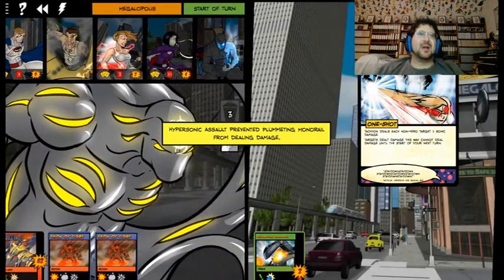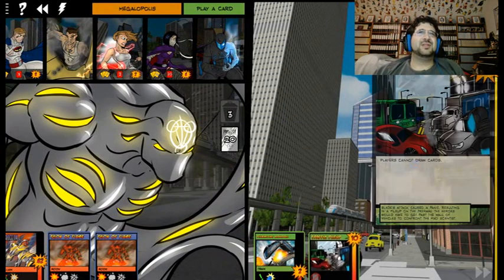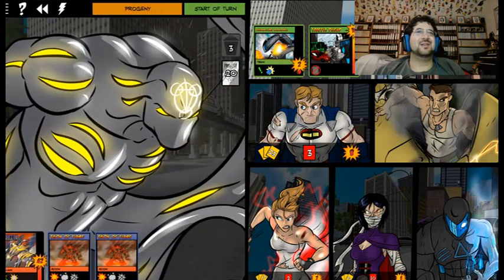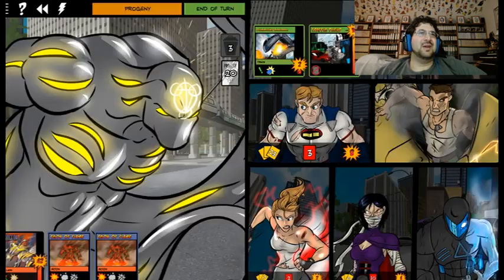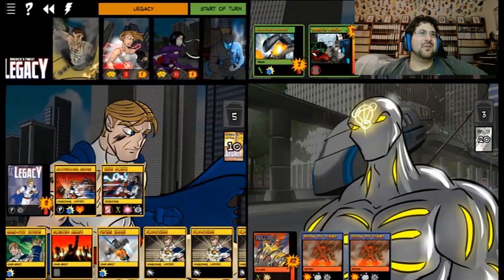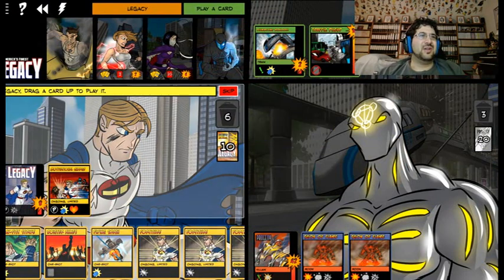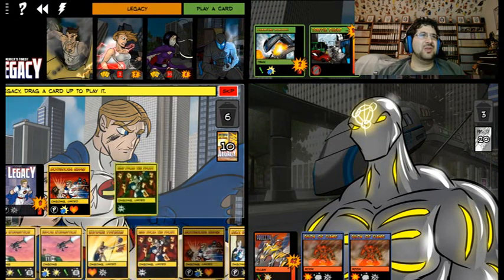And we get Rooftop Combats. Players cannot draw cards. You suck. Which, honestly, I'm not that pained about. Okay, so now what happens is Takedown was destroyed. Unfortunate for us. What we are now going to do is we are going to play